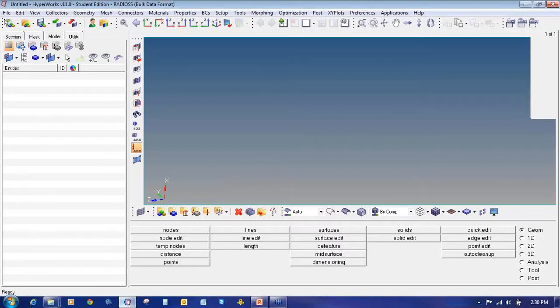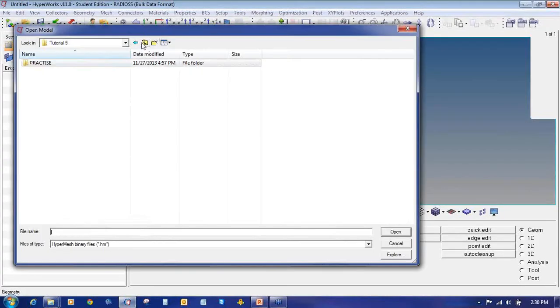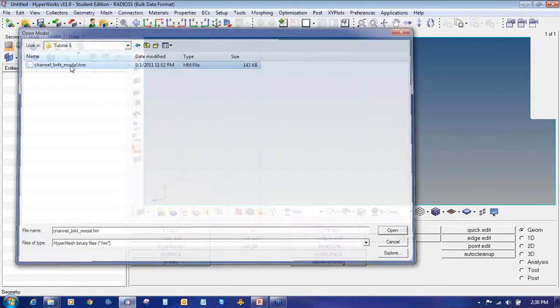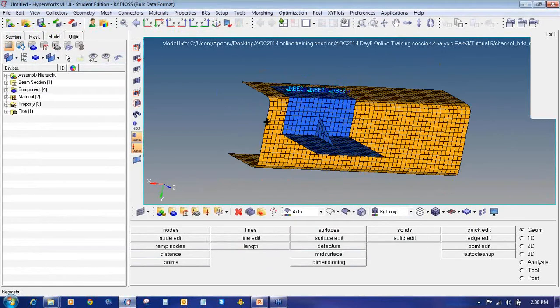So I will open the file in HyperMesh. So this is my file on which I will show you how to set up a modal analysis. So this tutorial contains a bracket and a channel assembly. To complete the setup of model for modal analysis with Radioss, we need to define the normal mode subcase containing method and SPC statement. So the following exercise includes create constraints, define the load step, use output control cards, export the model to Radioss, and submit the Radioss file.